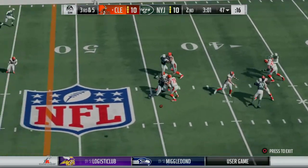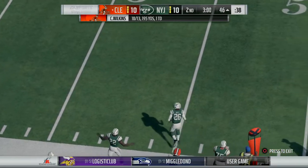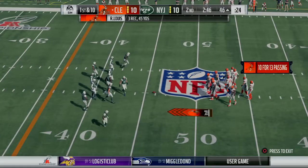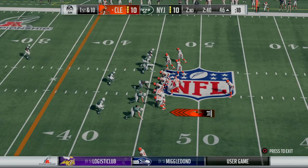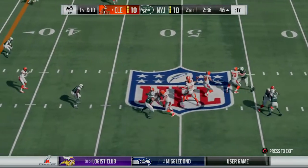Back to throw. Wilkins. And he's able to take it across midfield before going out of bounds. He gets 7 out of it, and he also gets a first. And that's how you pick up a first down. Not only does he make the catch, but has enough body control to get his feet down inbounds, toe tapping,